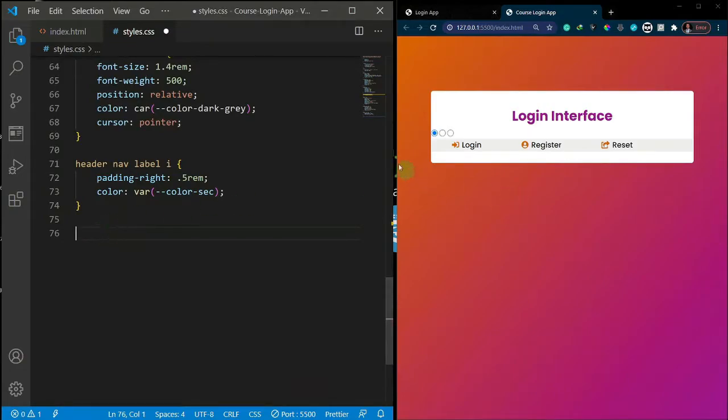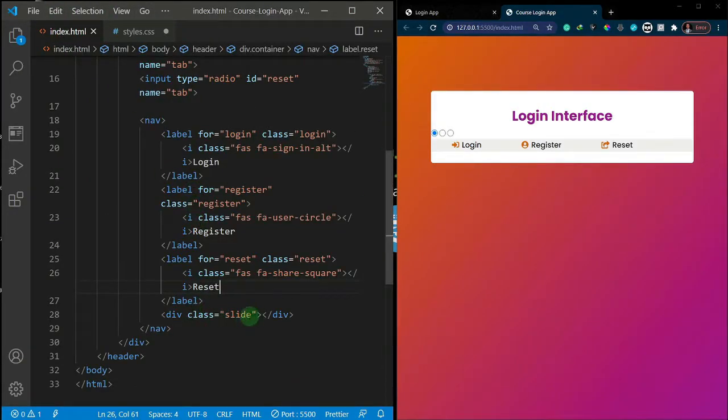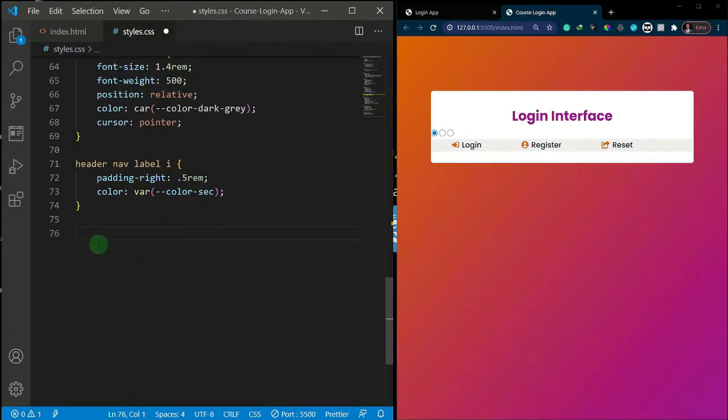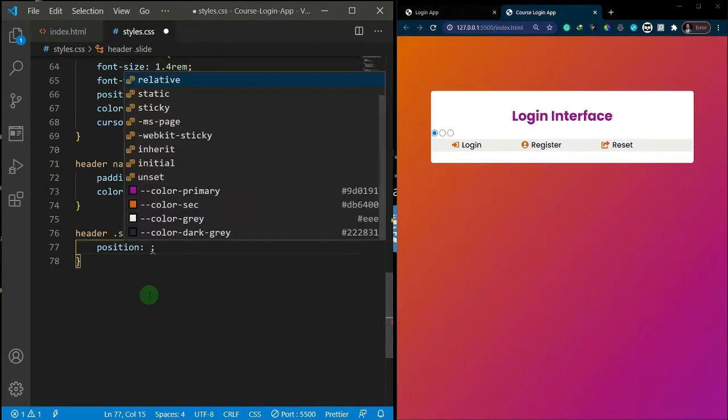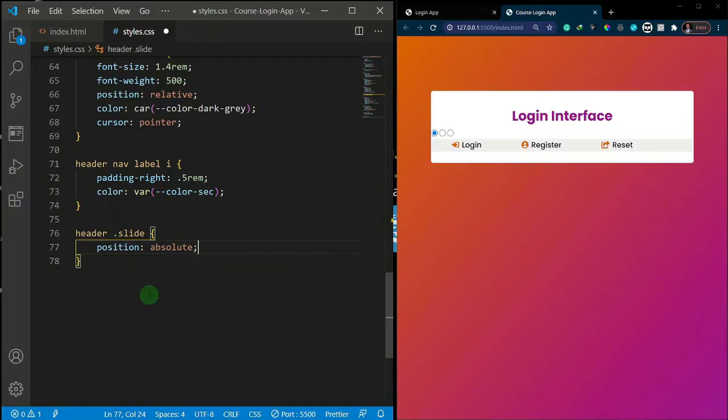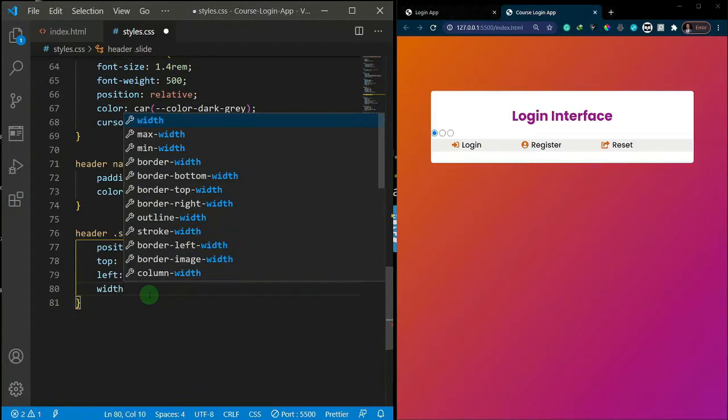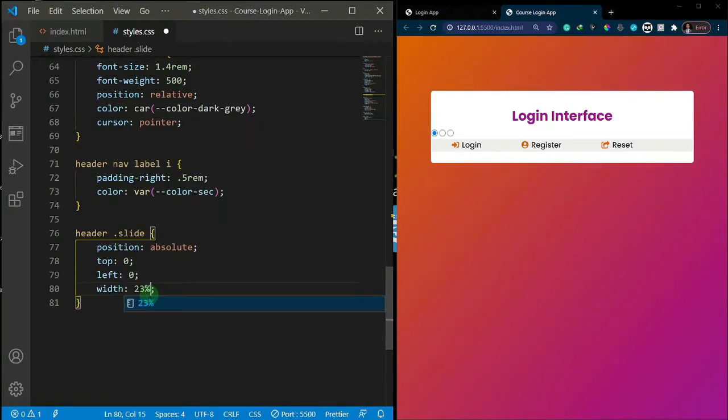Now let's target our slide, which is this guy we have here, this last empty div we created. So for that we can just say header and dot slide. It's the only thing we're styling that is slide, so let's do position and set it to absolute. And we'll say that from the top we want it to be 0, and from the left we want it to be 6%. Let me start from 0 from the left so we can see what we're doing. So we'll give it a width of 23%,